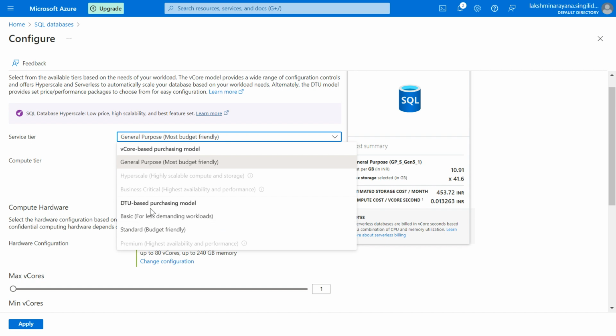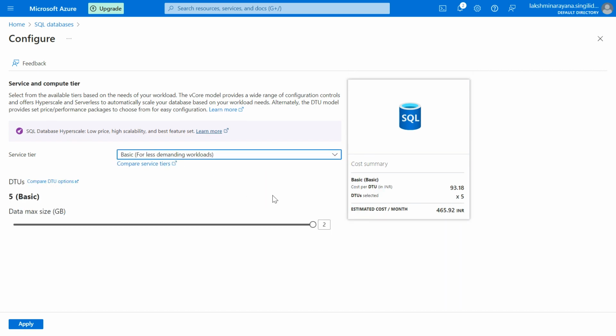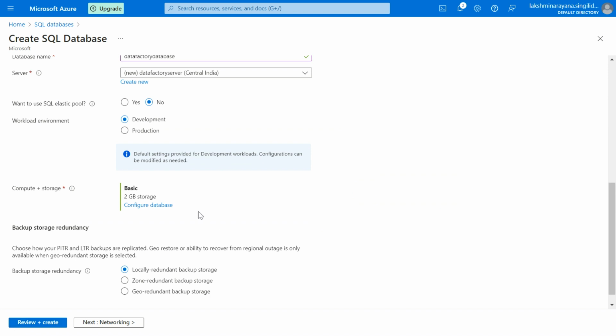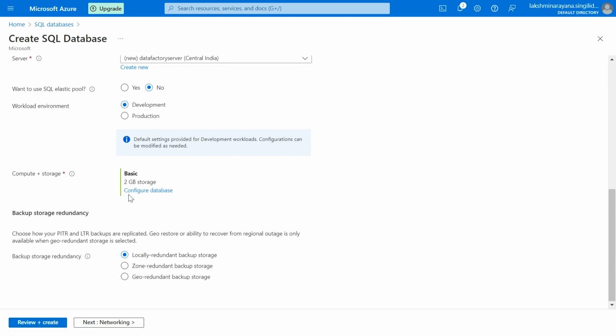Now go into this. I want to select basic for the lighter workloads. I want to create it for 3 GB. It's enough for me. Just click on apply. It's efficient for the storage account. Now for the backup redundant storage, I want to click on geo redundant storage